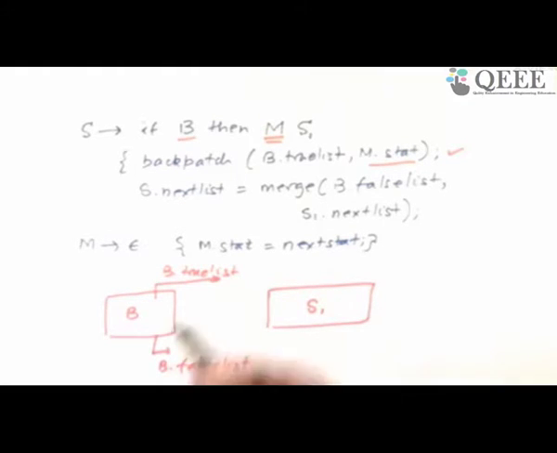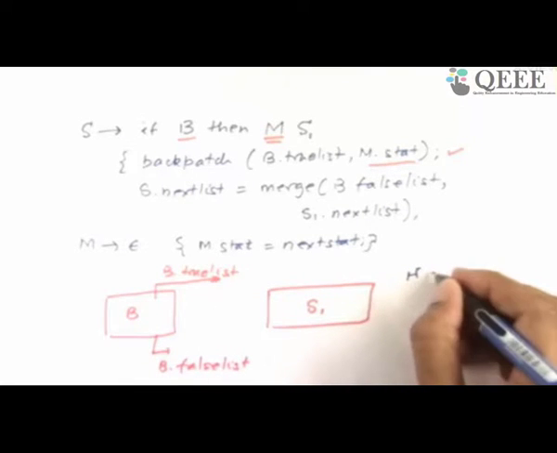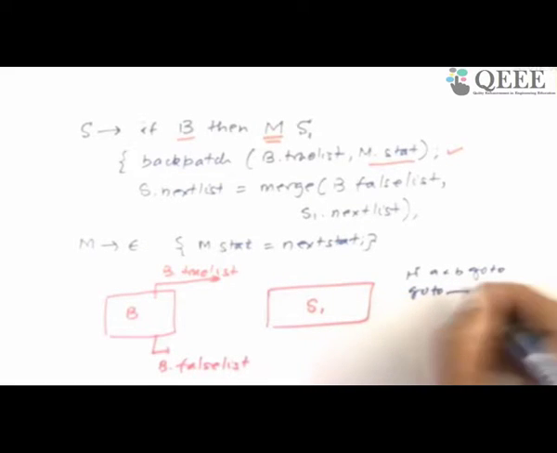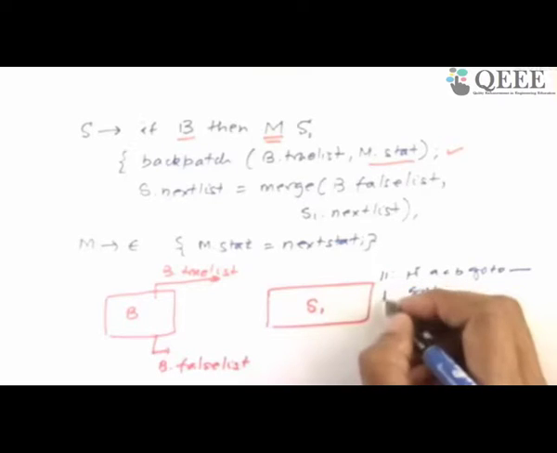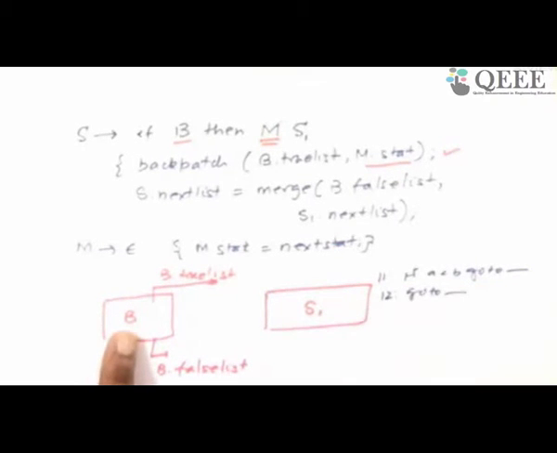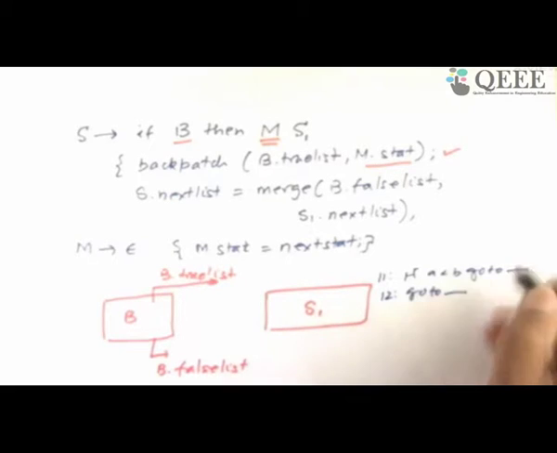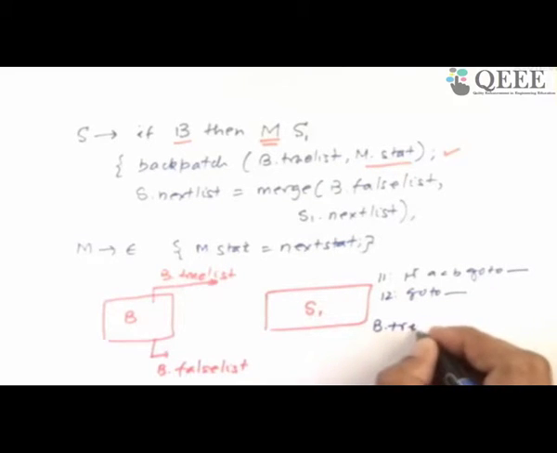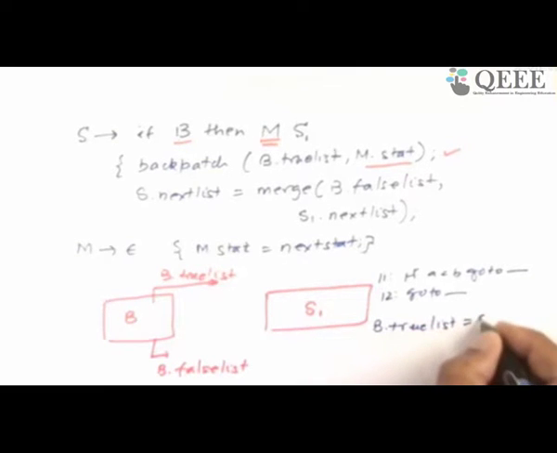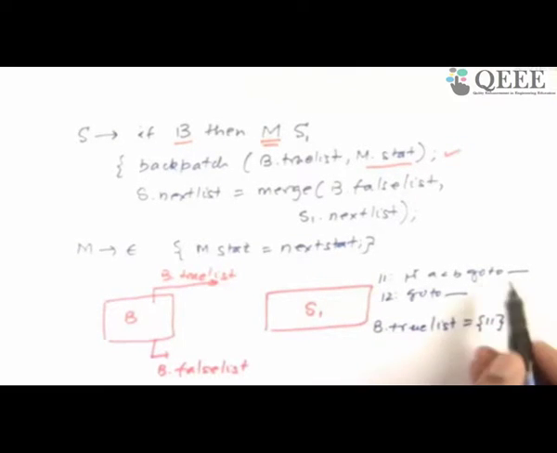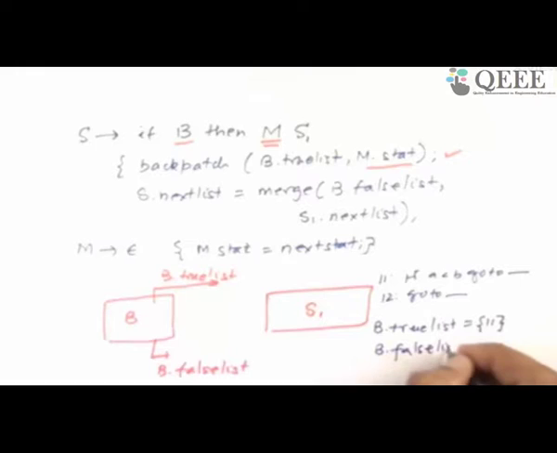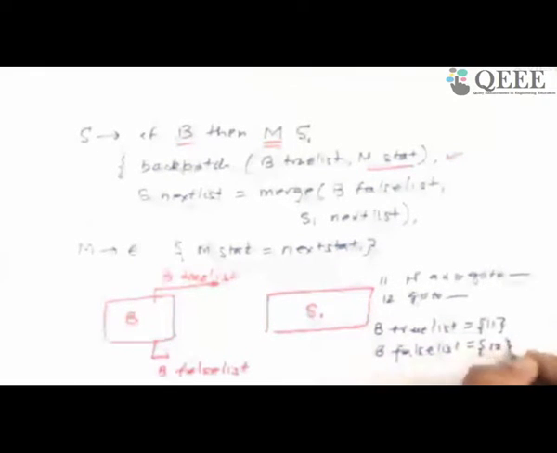Okay. So when B is known, let's say I have something like this. If A less than B, go to, and go to. Maybe this is all that is there in my quadruples 11 and 12 as a result of B. Suppose this is all I have. If A less than B, some condition. So this is my true list and this is my false list. So the expression is true at 11 and false at 12. If you would like the semantic analyzer to figure out that 11 is incomplete and this is where the expression gets the value true, where the expression evaluates to false at the quadruple or address 12. This is what we note down, only the address.